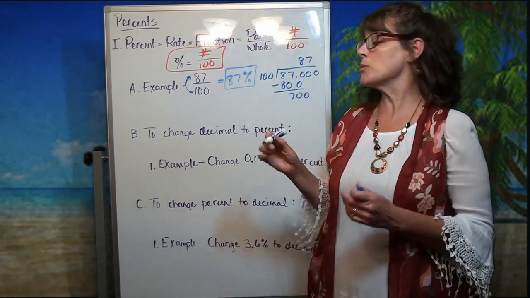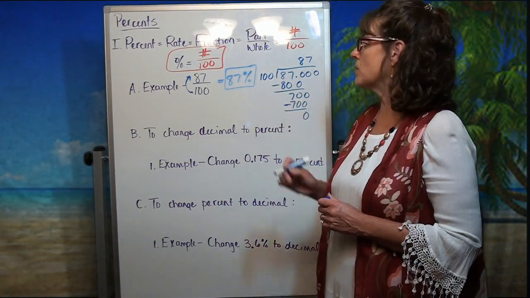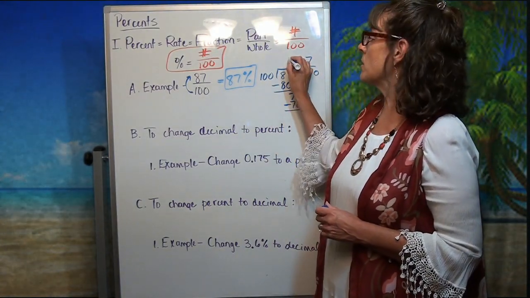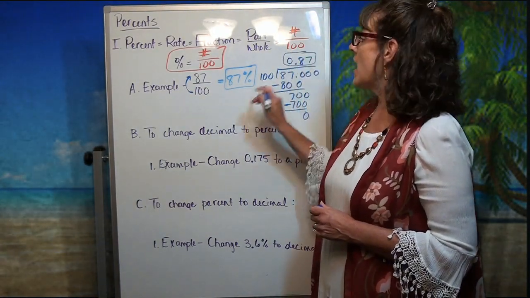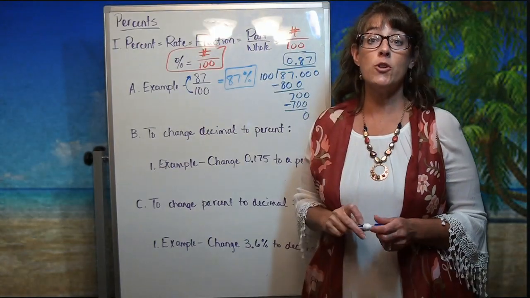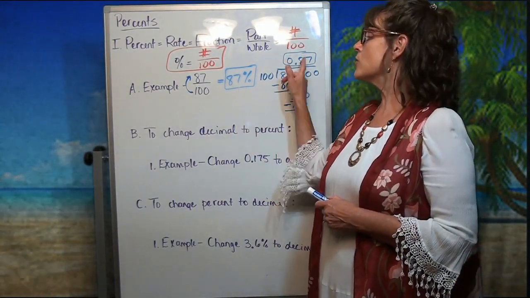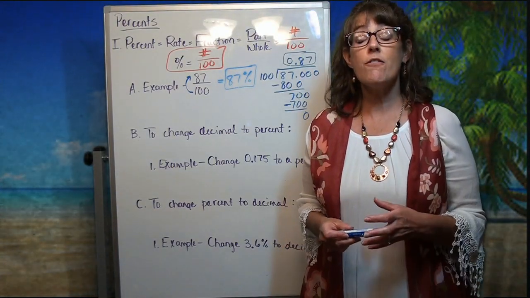And 7 times 100 is 700, leaving us with a remainder of 0 after we subtract. The decimal point goes right up here, and we put our placeholder 0. And so that tells us that 87 over 100, not only is it 87%, but it is also 0.87,